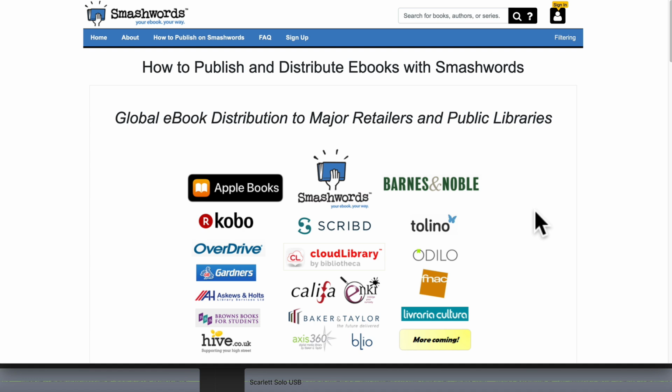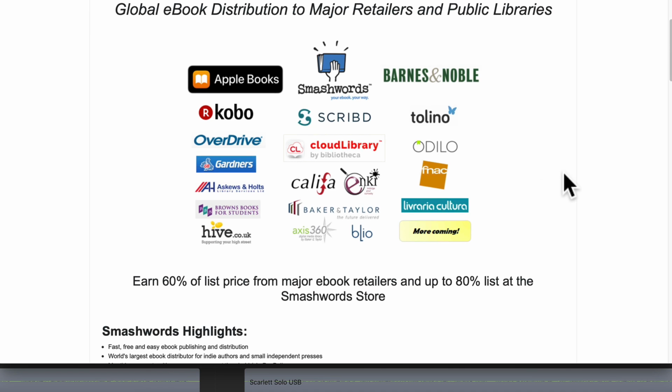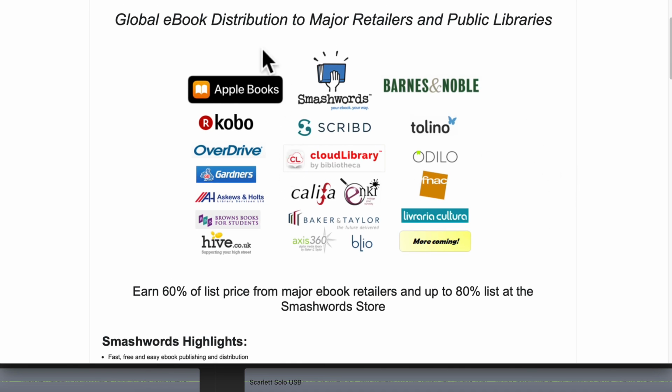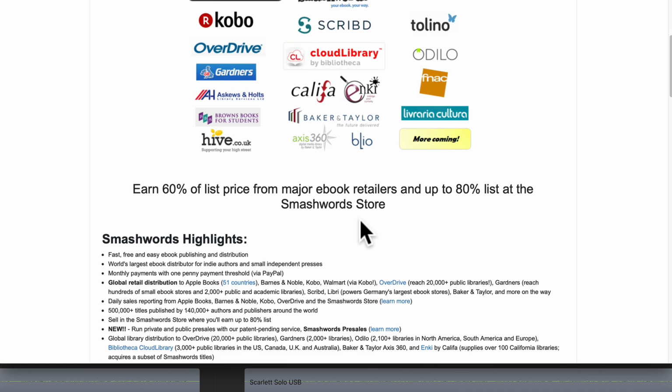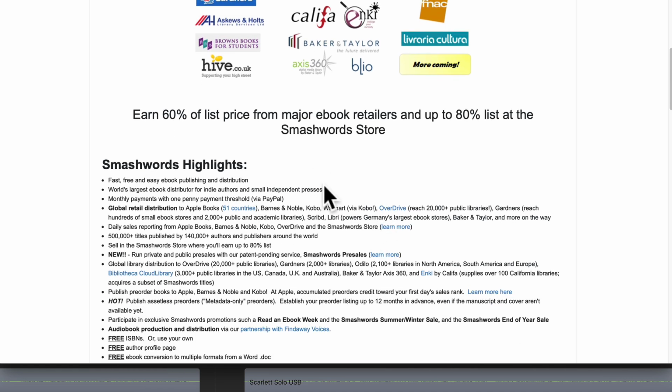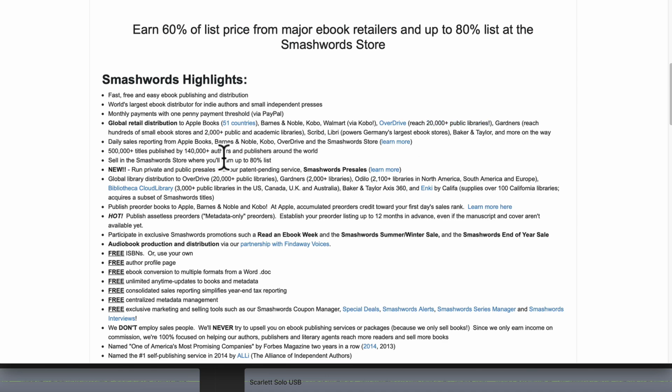So I've walked you through lots of the other options. Now let's take a look at Smashwords.com. So this allows you to publish and distribute ebooks right across a whole heap of major retailers and public libraries. So this could be a really nice shortcut for you to get listed on a whole heap of different ebook distribution services all at once. Just take a second here to see what they really have on offer, because if we have a look here, it can help you reach over 20,000 public libraries. 20,000 public libraries. That's an enormous amount of exposure.